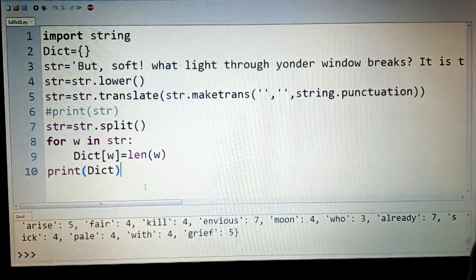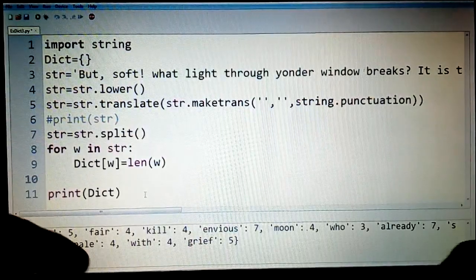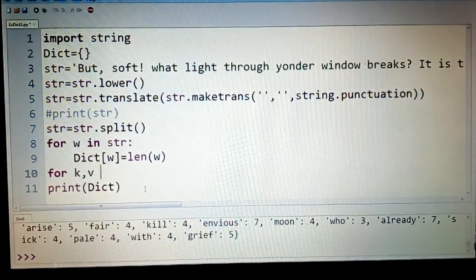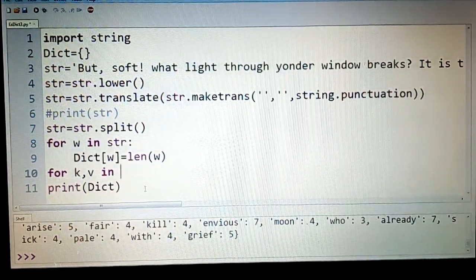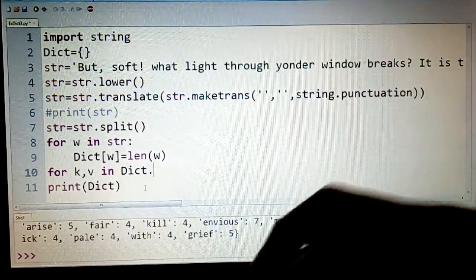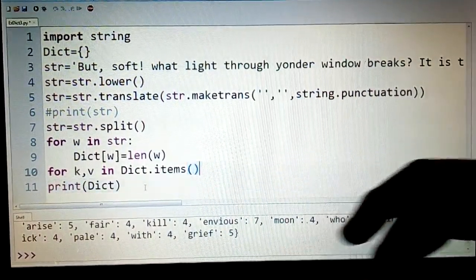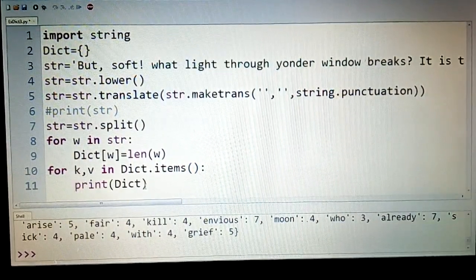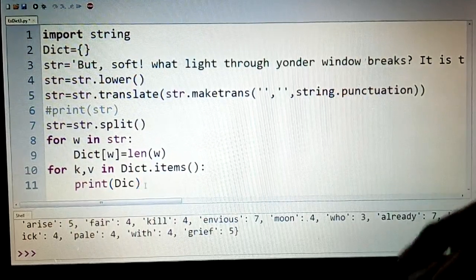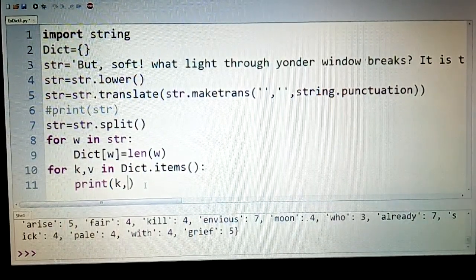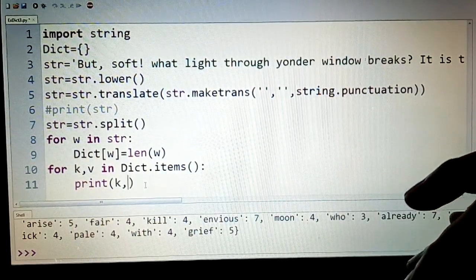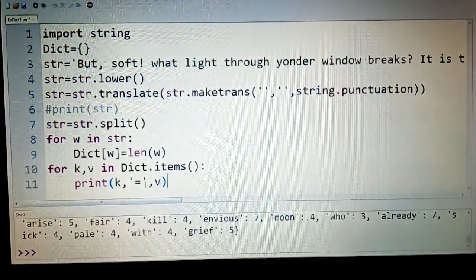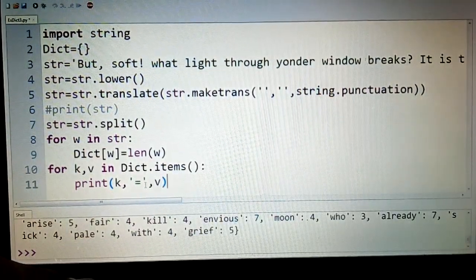Of course, I can print the dictionary in a different manner by making use of for k, v in dict.items(), the mechanism we had learned in the last session. So this would process both key and value, and then I can print the key and value or value and key, you can make use of any of these, and it would print the key and value subsequently. So instead of printing k and v, I would just add an equal sign in between them, and then I would get the key and value pair on each line.